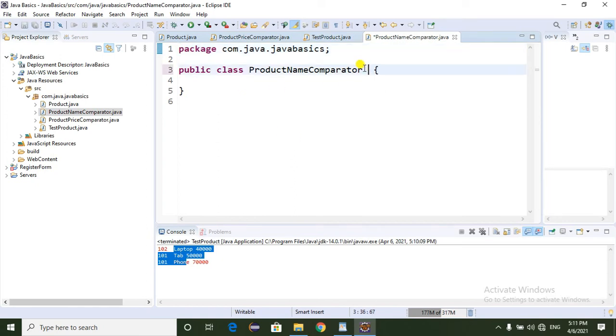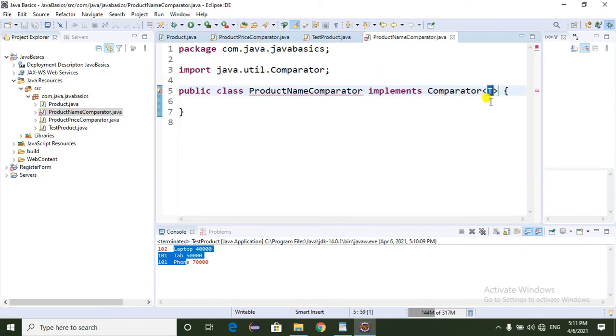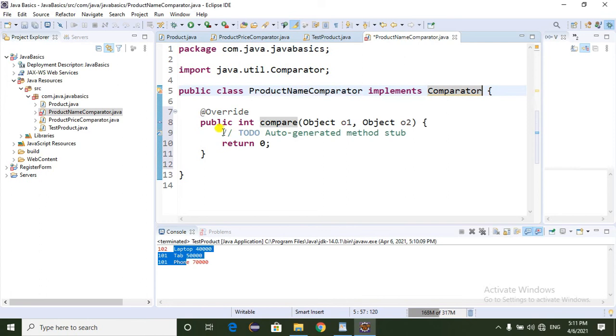Here I am going to implement the Comparator interface. We should implement the unimplemented method, the compare method.